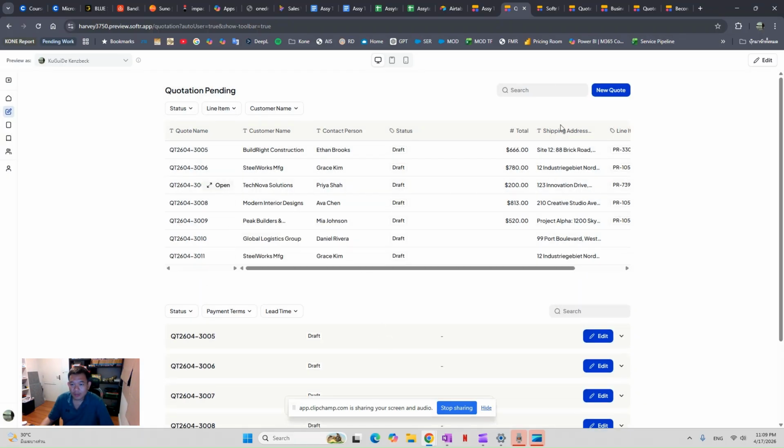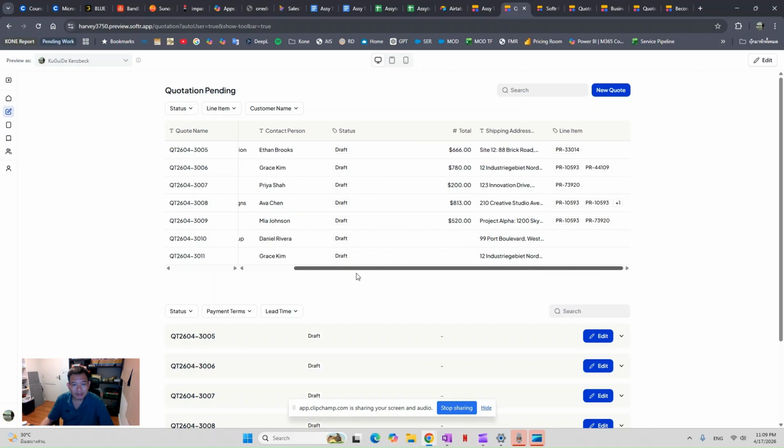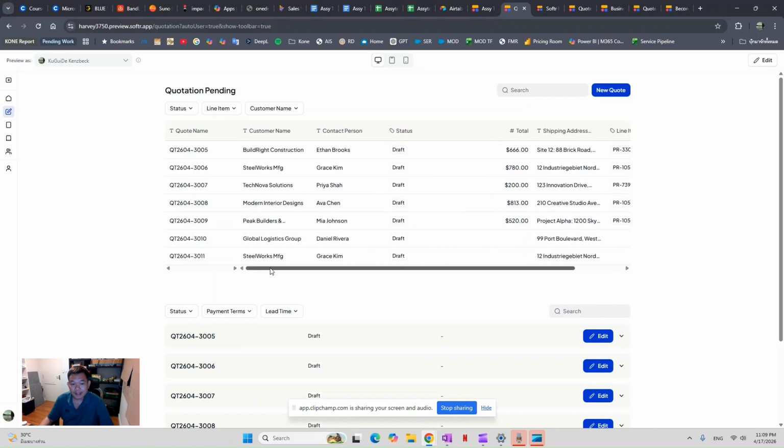You can see that once you click add, it comes up as a new line, also showing a new quotation number. This will be automatically generated. It will show the name of the customer and the contact person, the primary contact person for this account. It will be put there.